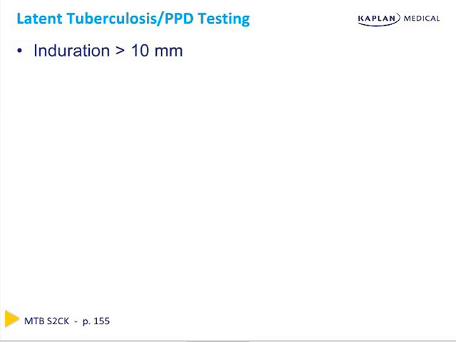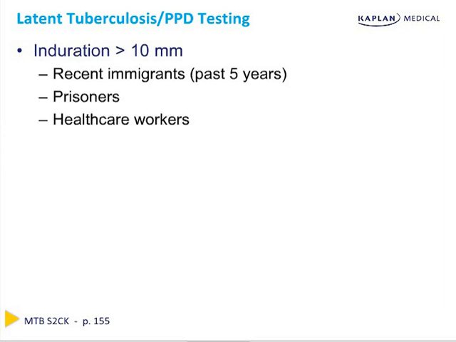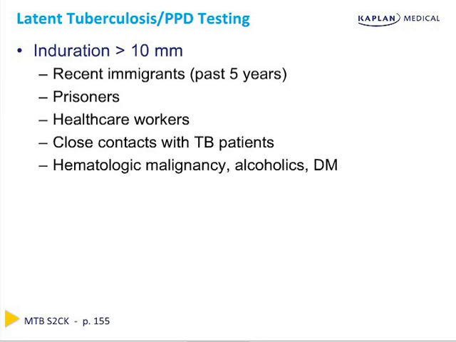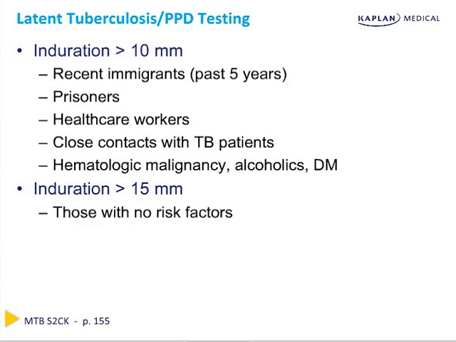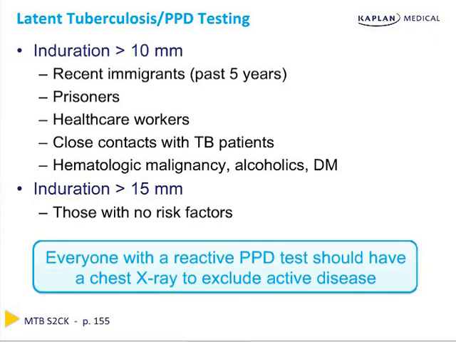Induration greater than 10 millimeters is necessary to call it positive if it's a recent immigrant within the past 5 years, a prisoner, healthcare worker, close contact with a TB patient, or patients with hematologic malignancy, alcoholism, or diabetes. In other patients, in particular healthy patients without risk factors, induration greater than 15 millimeters is necessary to call a positive PPD. Remember, everyone with a reactive PPD test should have a chest x-ray as the next step to exclude